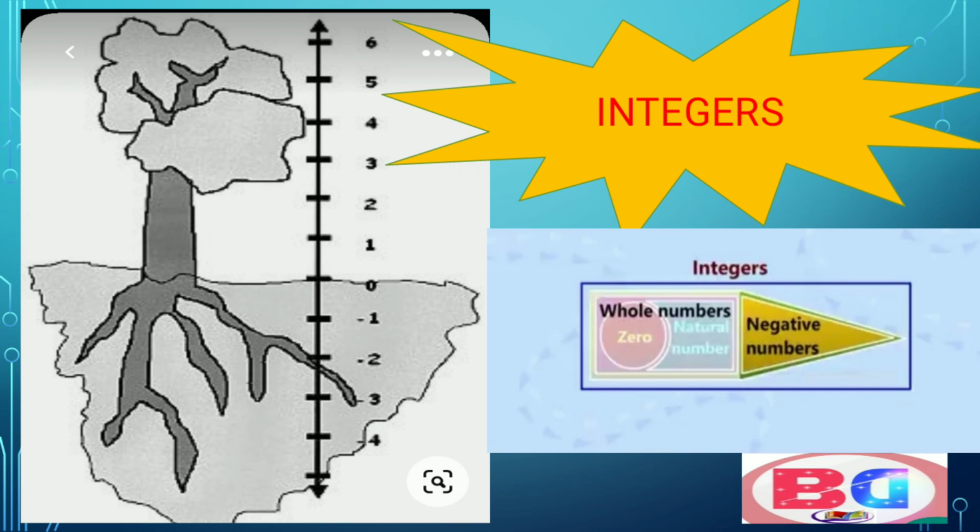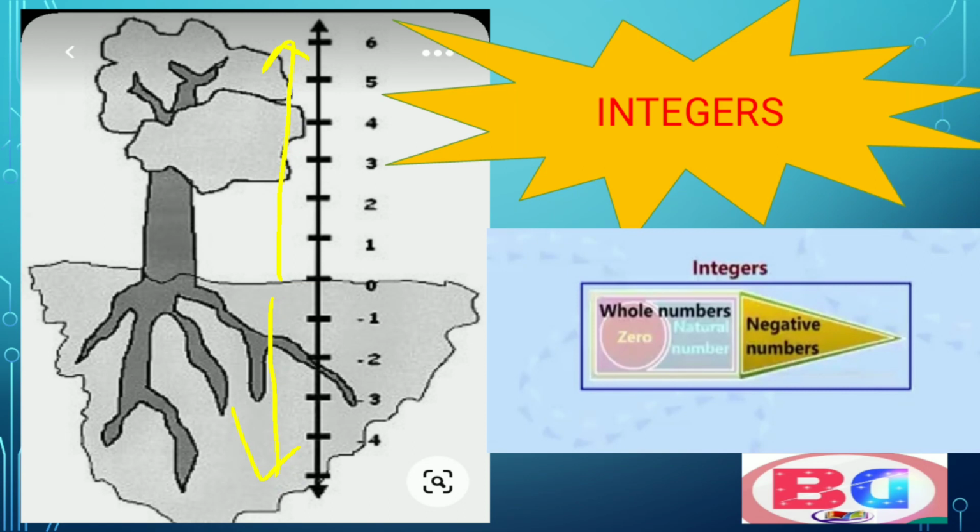Suppose that we need to measure the length of plants. When we proceed from the ground upward, when we want to measure the stem or shoot of the plants, then we need to take positive integers, which means whole numbers. When we proceed downward, when we need to measure the depth of roots, then we require negative integers, which are given here as the opposites of the natural numbers.